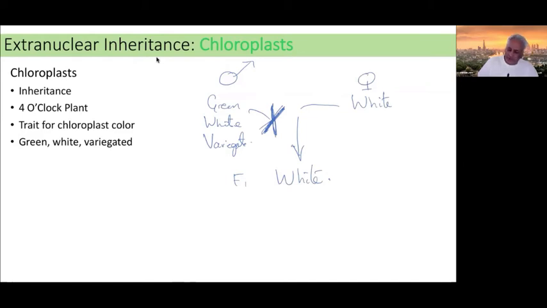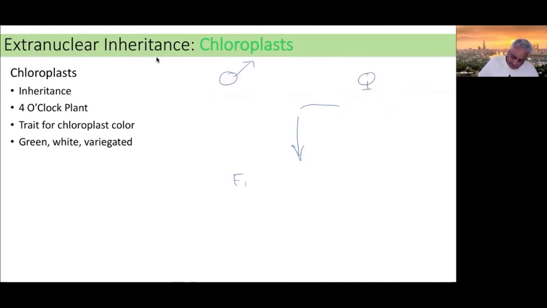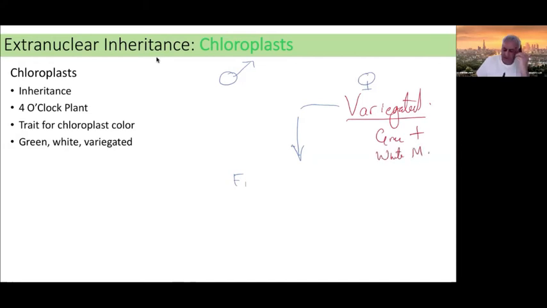And this is where things get a bit interesting. So let's erase a few things. Let's erase this. Let's erase all this. And then we're in a position to erase her phenotype. So now let's change the mother to variegated. What would be the outcome for the child? Now this is interesting. To be variegated, that means her body contains both green wild type chloroplasts and white mutant